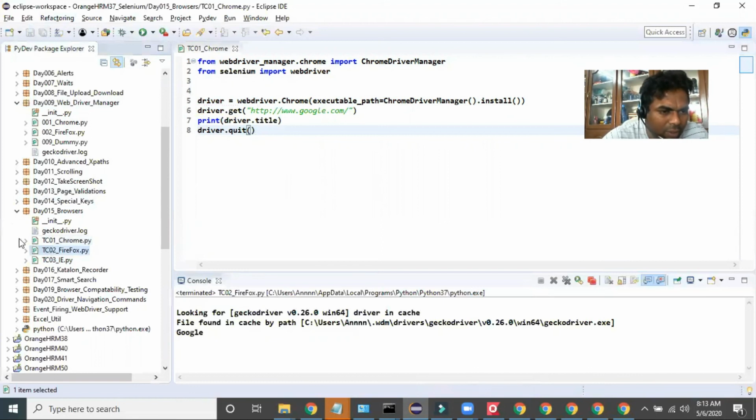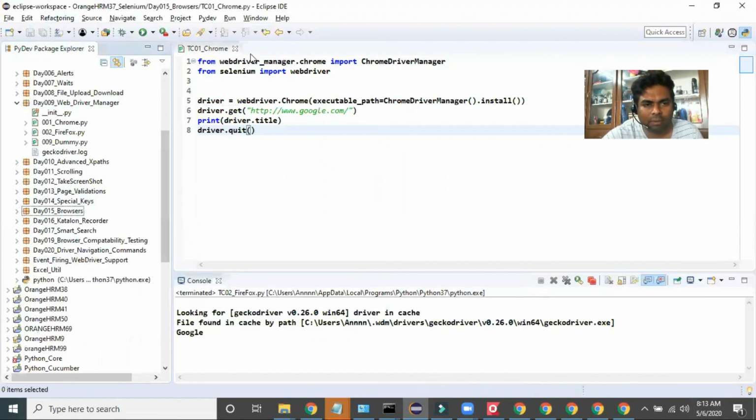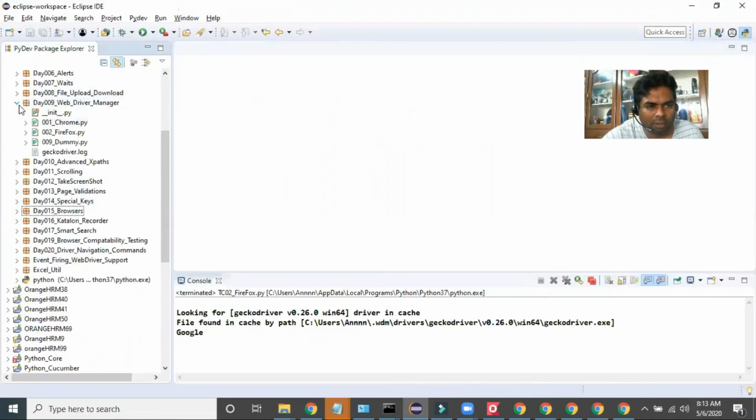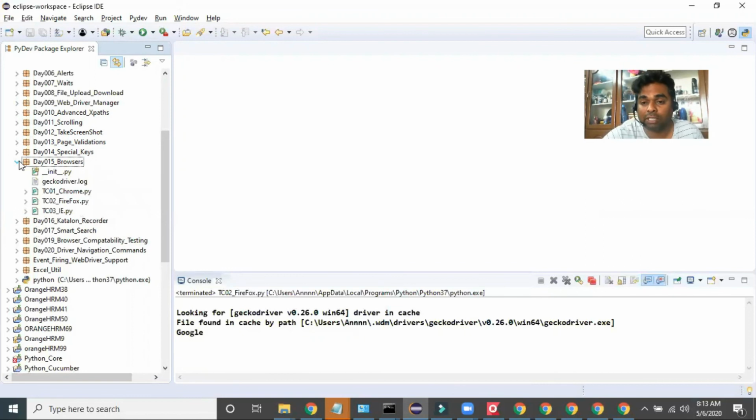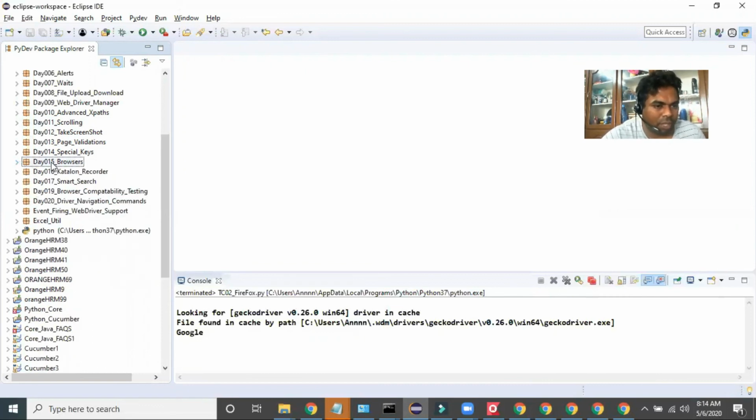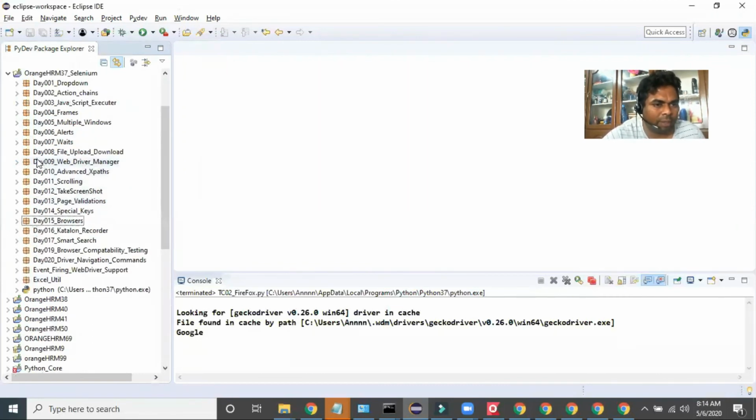For this, I don't need to have that browser installed on my machine, right? No. From this program, only the driver will be downloaded. But in order to execute this program, prior to this you need to install the Safari browser. As per that browser version, the driver.exe will be downloaded automatically. So now we understood WebDriver Manager. This is the advanced concept we understood.